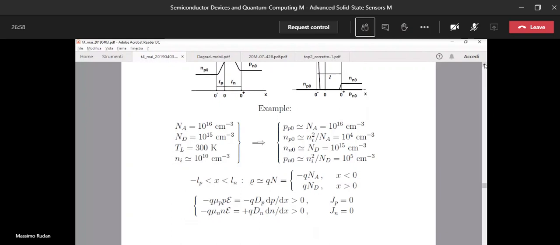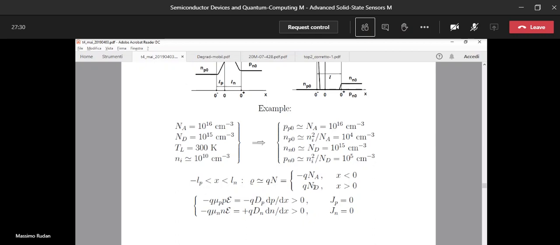In the space charge region, in the equilibrium condition, the charge density is practically equal to the dopant concentration times the electron charge. And more precisely, when x is positive, that means between O and O plus, this contribution is equal to qND,